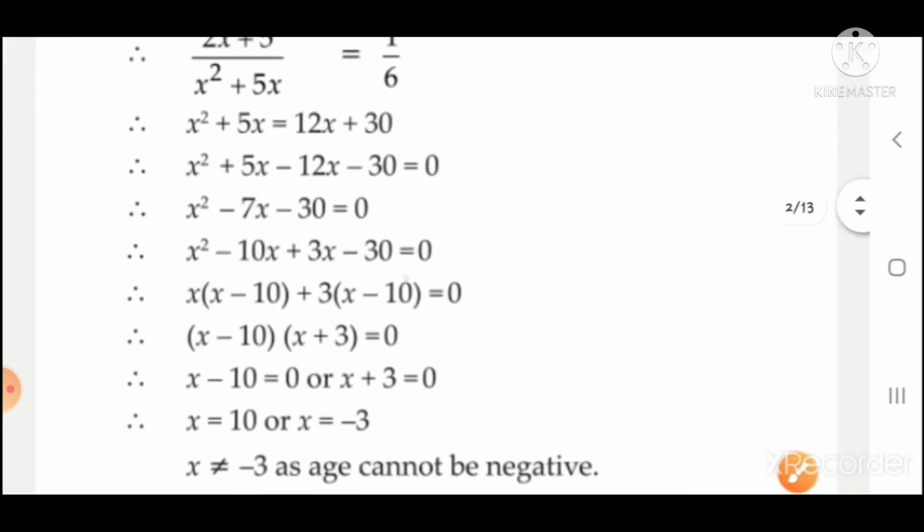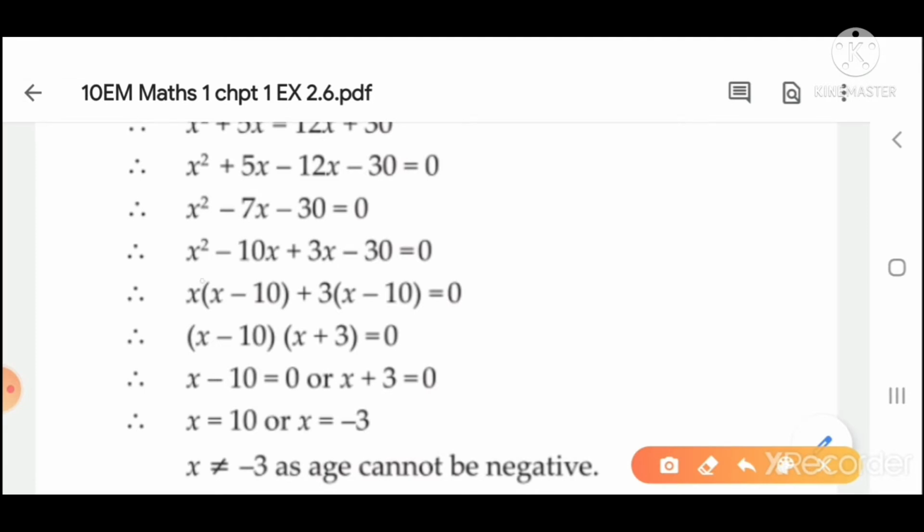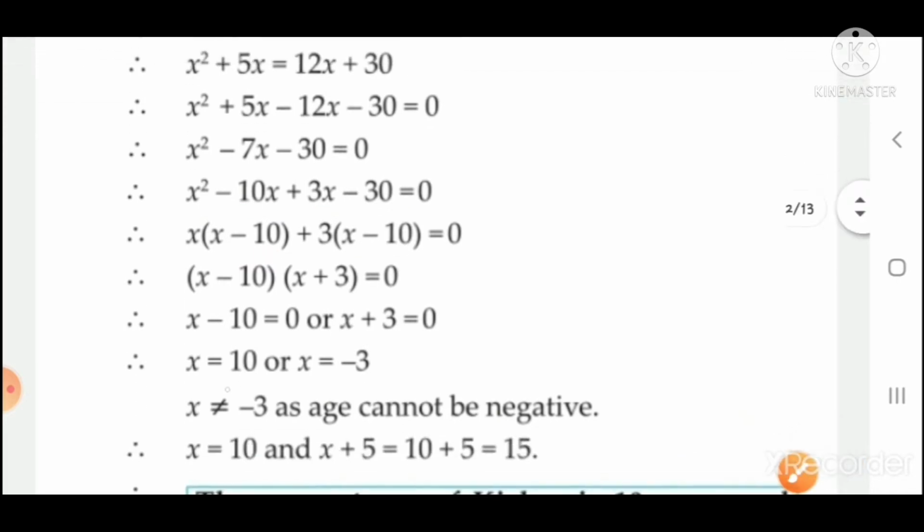then you have to just write down in this way, and then you have to take common here. What is common here? x is common, so bracket open, x minus 10 bracket close, plus 3 is common here, x minus 10 in bracket. So here you can see x minus 10, x minus 10 two times, so write once, and x plus 3 in another bracket. So x minus 10 equal to 0 and x plus 3 equal to 0. So minus 10 will go on that side, so it becomes plus 10, and plus 3 goes on that side, it becomes minus 3.